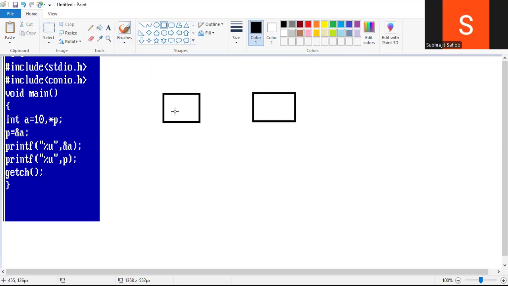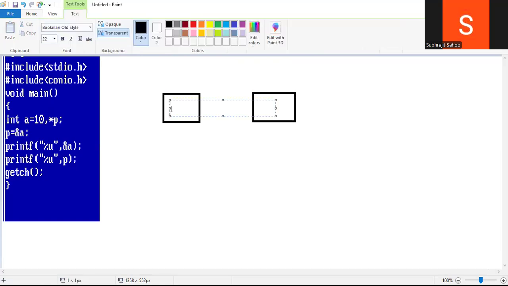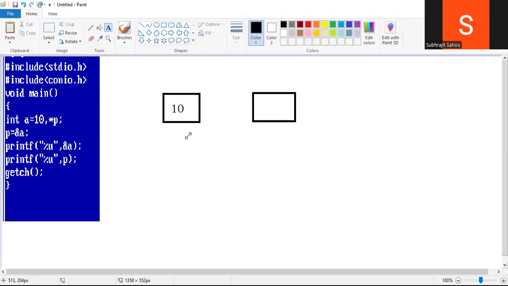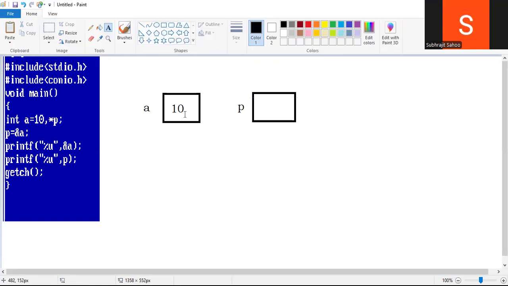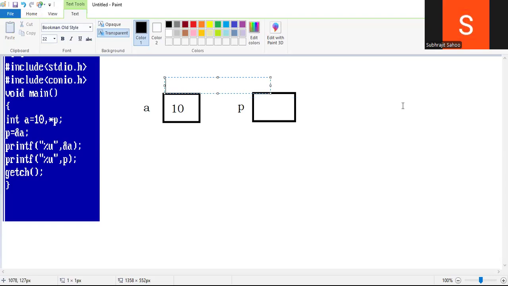Okay, sir, what is the a value, 10 or not? Right, and this is the name of the container a and the name of the variable here p. Remember this, in the memory location where this variable a is allocated, that location has one address,